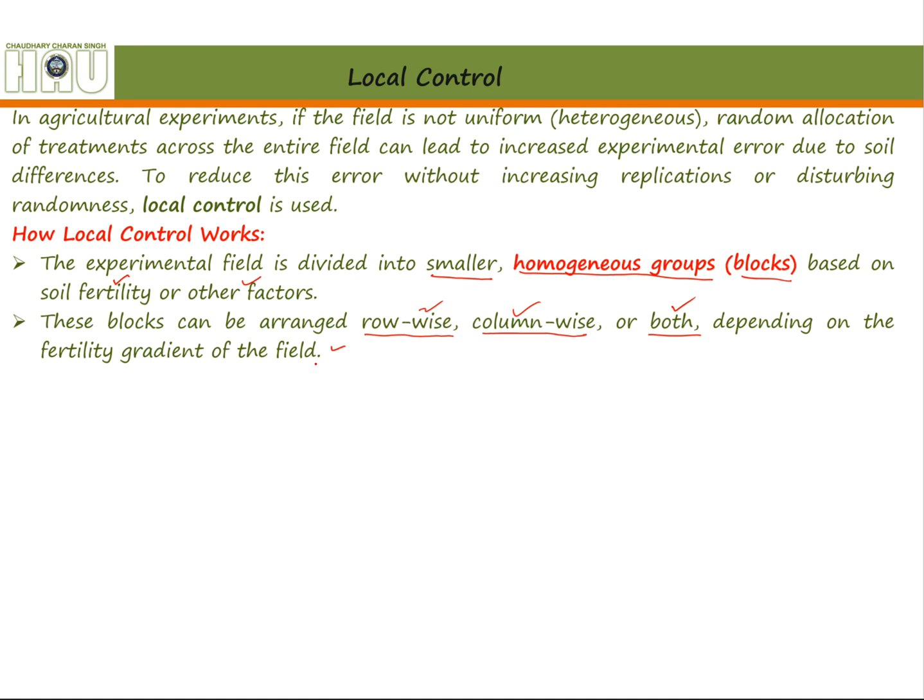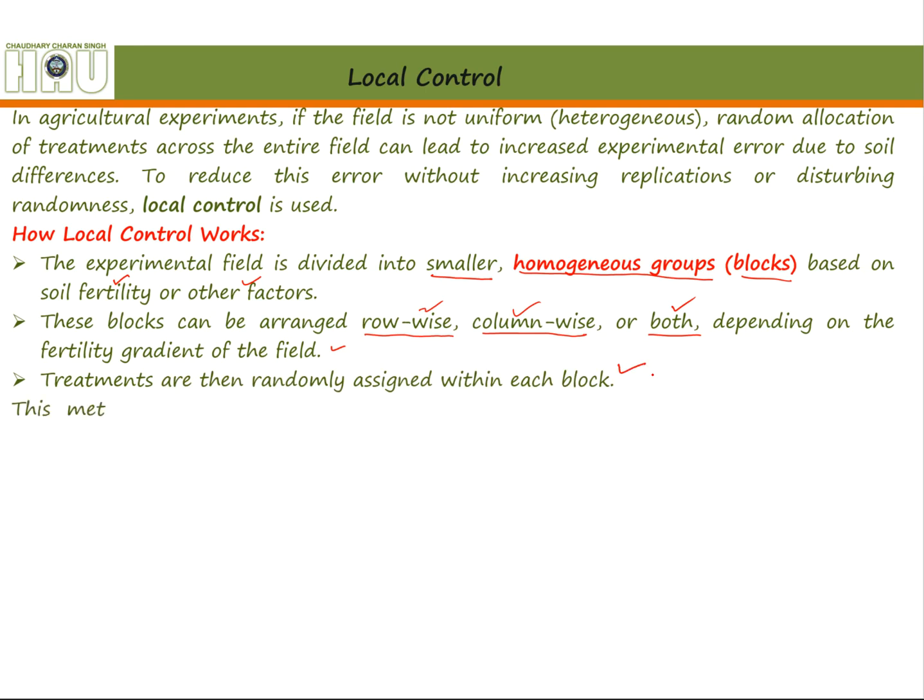Suppose your fertility gradient is row wise, then you make the plots column wise. If it is column wise, then you make the plots row wise. If the fertility gradient is not known to us or it is a diagonal effect, then you can use both row and column as blocks, right? Treatments are then randomly assigned within each block,